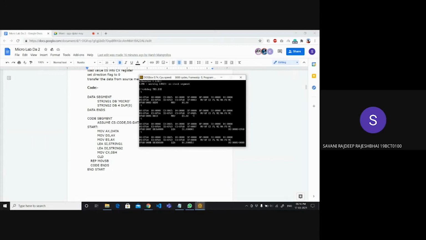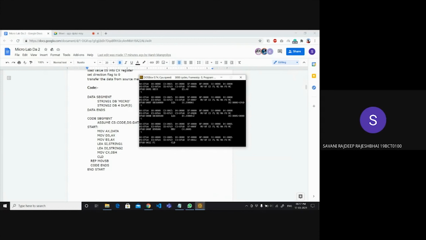So the destination index is 05, and we start copying the duplicate string from there. The CX register works as a count variable, and it contains the length of the string which we gave in string 1.